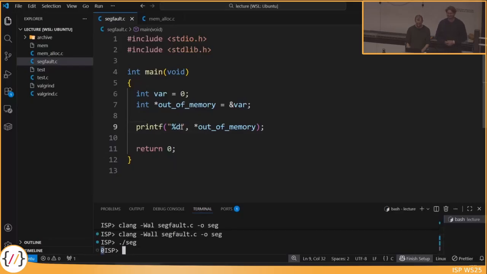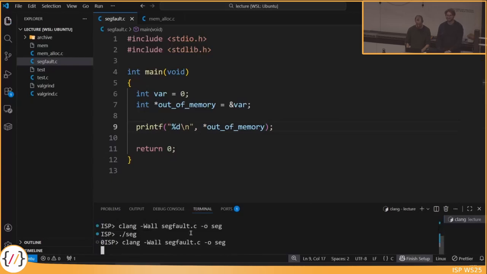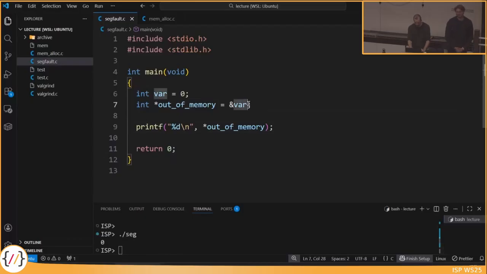Let's make a new line here. It's a bit easier to read. Okay. Now I get the output 0. So that works. What if I say now, okay, I don't want to have the address of my variable var,